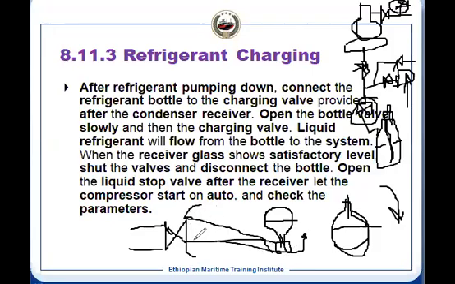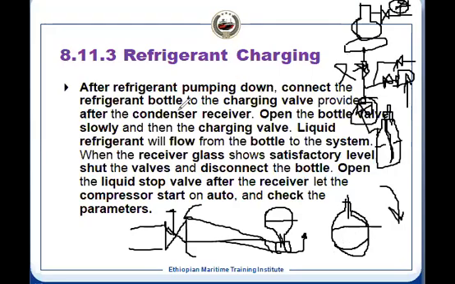Then after that you can close it, and then you can open this valve slowly. Now once you have pumped down, your condenser outlet is shut. This valve is shut. So what will happen? You are connecting your bottle after the valve. It means now if you open this valve,